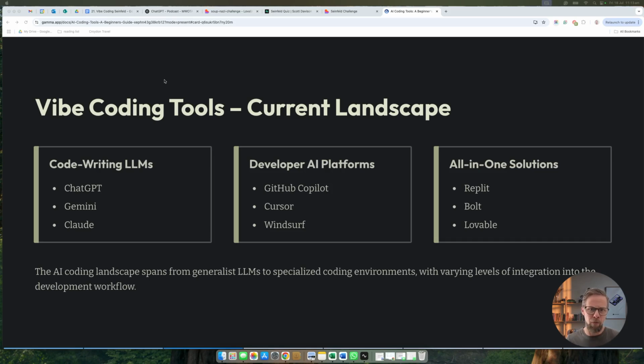Whereas Bolt and Lovable, they appear to be perhaps a little bit more user-friendly, not quite as full-functioned as Replit, but in terms of getting a quick prototype up and running, and particularly if you want it to kind of look good, the tool that I landed on was Lovable. It's very easy to use. There's a free version you can use, and it will create a very good-looking piece of software very quickly for you.